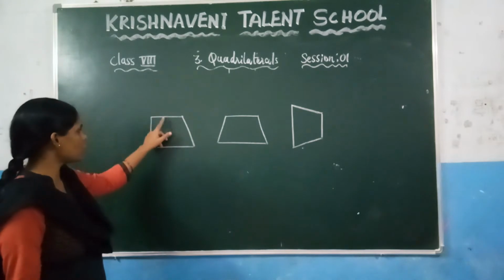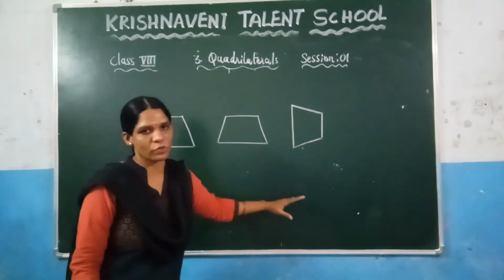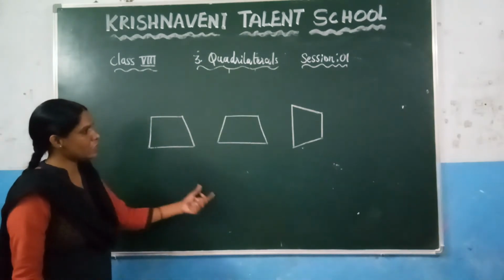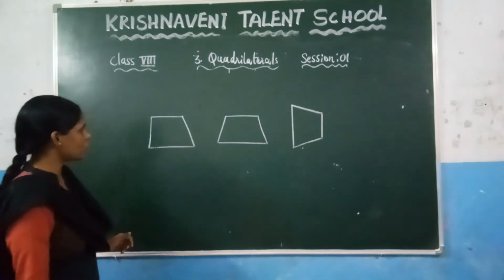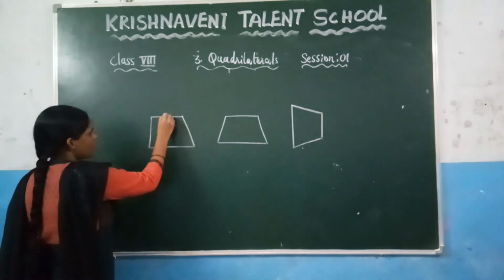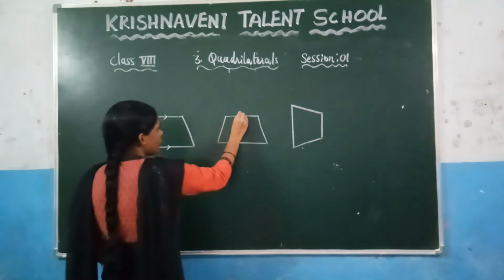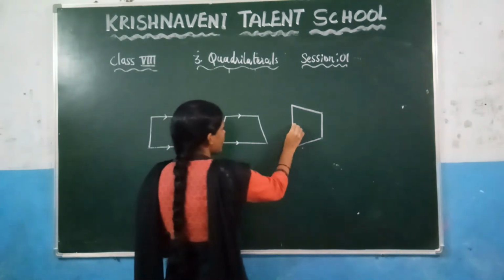Similarly here 1, 2, 3, 4 and here 1, 2, 3, 4. These are all the quadrilaterals, but you can observe that in all these three figures there is one similarity. What is the similarity here? You can observe that here this line is parallel to this line, right? And similarly in this one, this line is parallel to this line, and in this one, this line is parallel